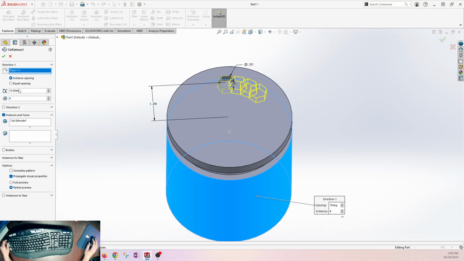You can establish whatever angle you want to be between those, or you can just let SolidWorks fill in the 360 or even 180 if you like, whatever number you want to put there. Most frequently 360, and say, okay, I want however many you want, 8, okay,